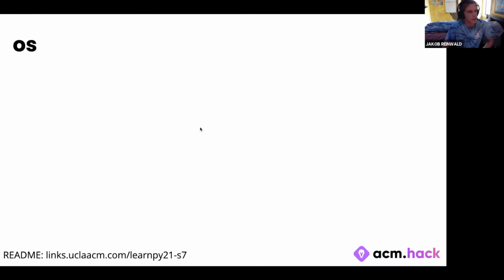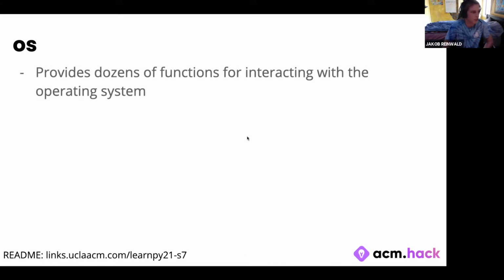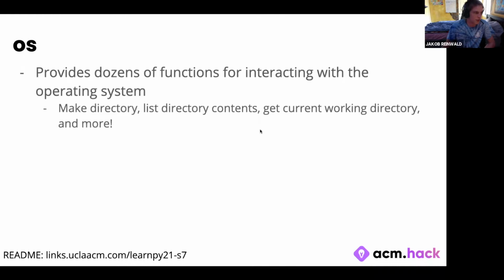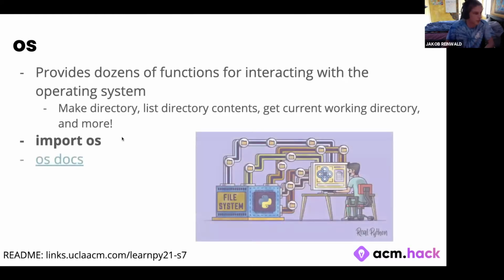Okay, so our first library is OS. OS is basically just a library that provides a bunch of functions for interacting with the operating system. That means stuff like making directories, listing directory contents, getting working directories, and much more. The way you import it is with just import os, and then obviously the link for the documentation is